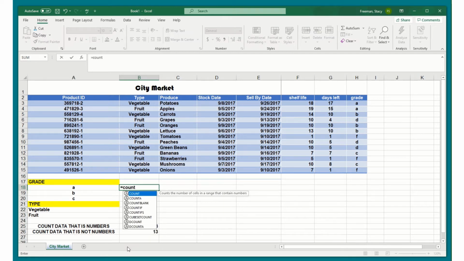I type out my COUNTIF, I'm going to double click on COUNTIF to get it started. So this argument has 2 things, the range. So this is my range, and I'm going to select the whole range because this data might change. These grades are based on the shelf life. So if something changes, this data could change. So I'm not going to select A here for my criteria, and I'm going to make sure that I select